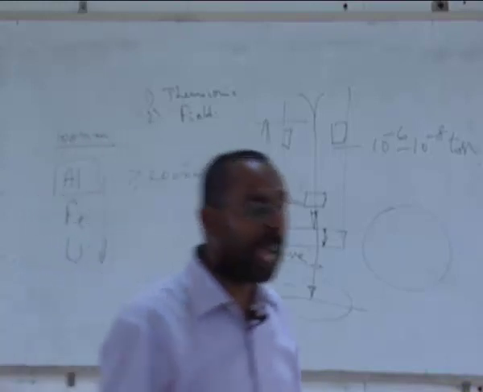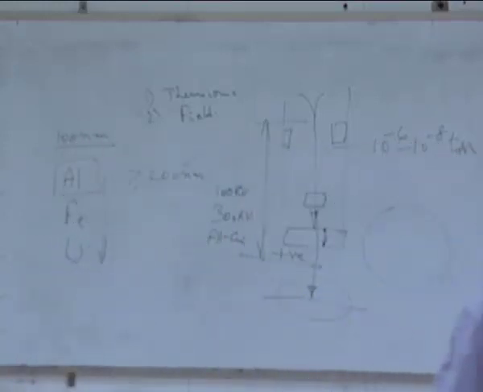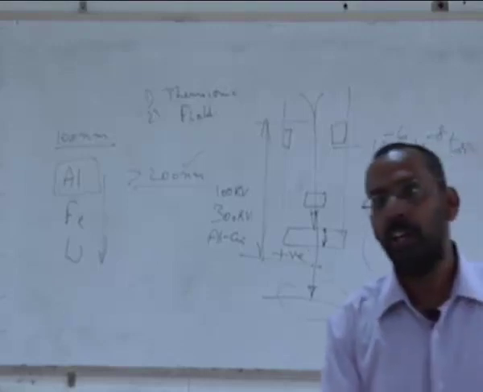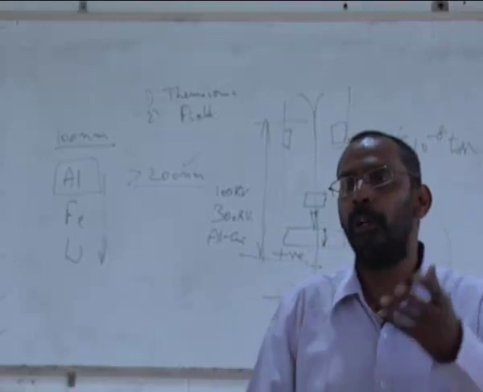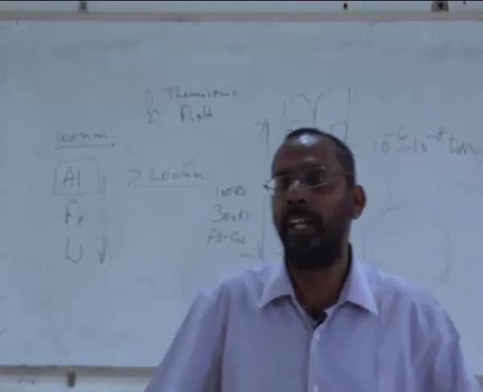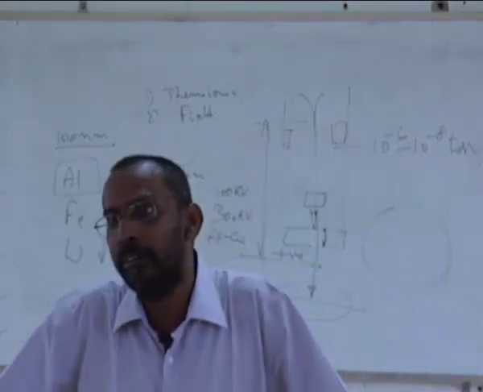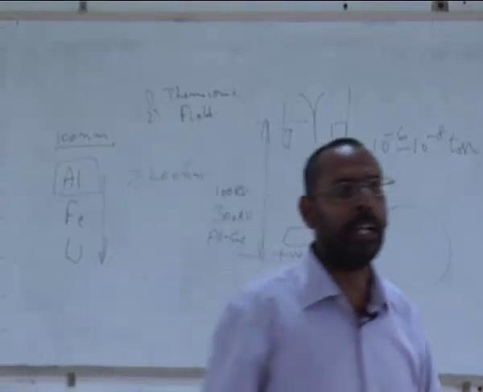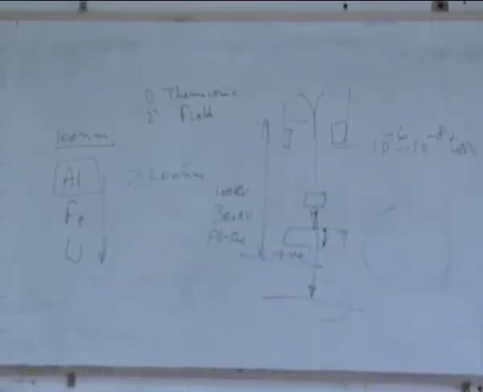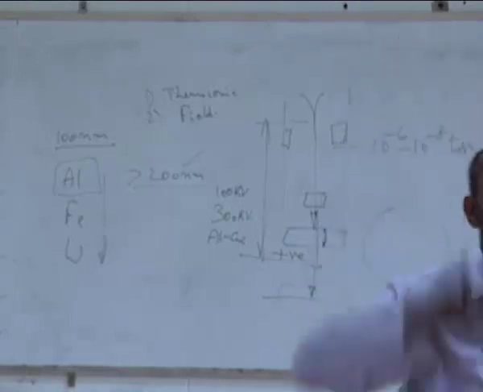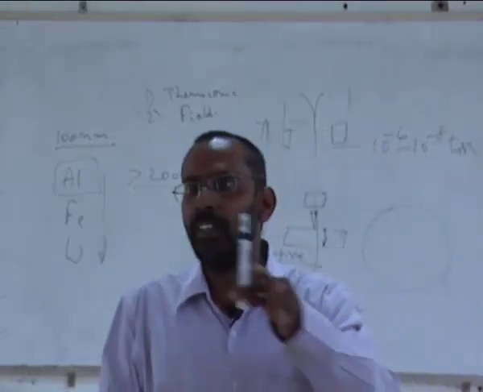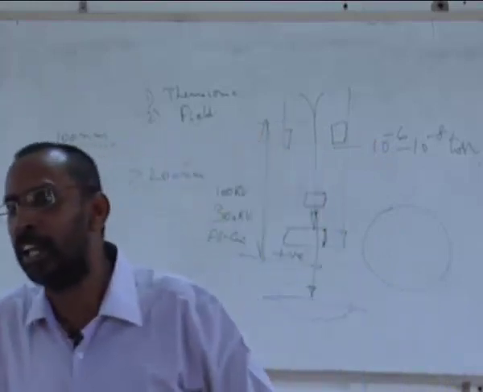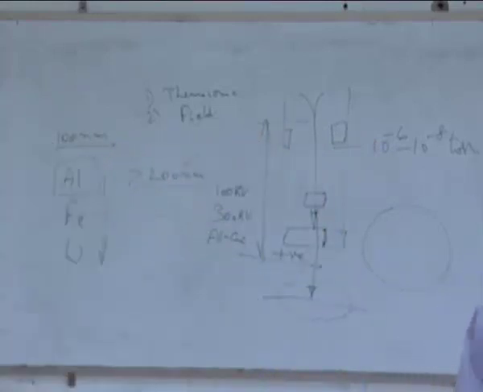But if I am looking at magnetic or electrical properties, there are certain particle sizes below which, for example, pure iron, which is ferromagnetic, can even become paramagnetic. When does a ferromagnetic material become paramagnetic? When I heat it above Tc, right? Now let's say I have an iron which has a certain Tc. What is the Tc of iron? Anybody knows? 768, right? Pure iron has 768.